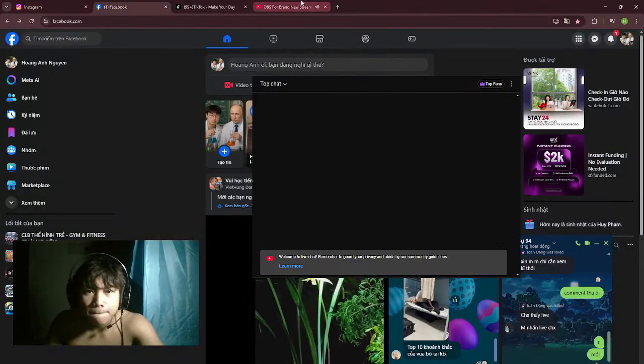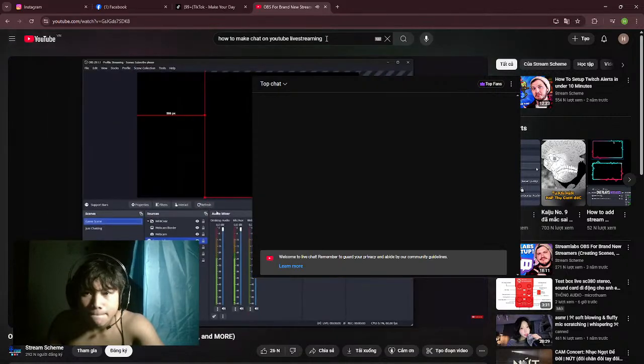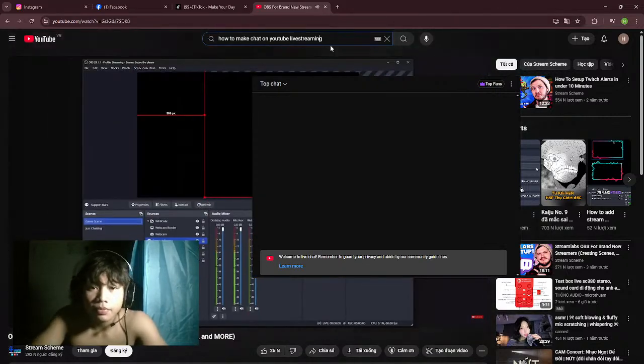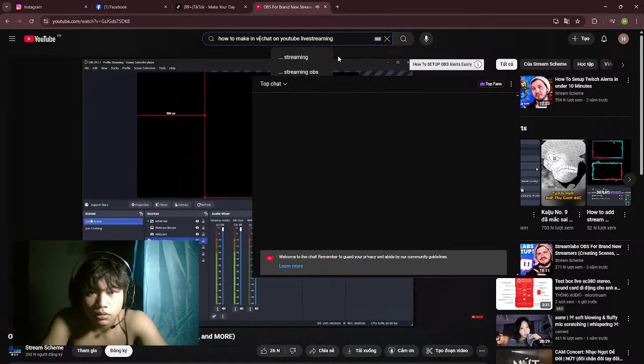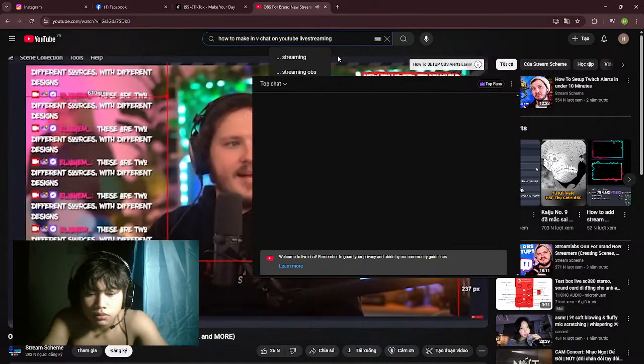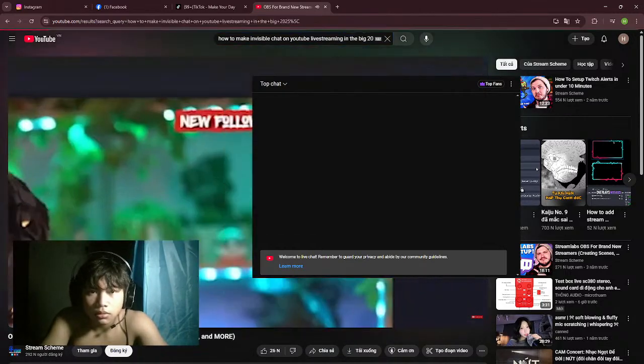It's the same process as I showed you earlier though, but you can see the difference here. My game scene, my chat is small and fits under my camera, but in my just chatting scene, it's really large. These are two different resolutions and two different sources from Elements. You'll see on my chatting, I decided to make my camera full screen and put the chat largely on the side with my alerts in the bottom of